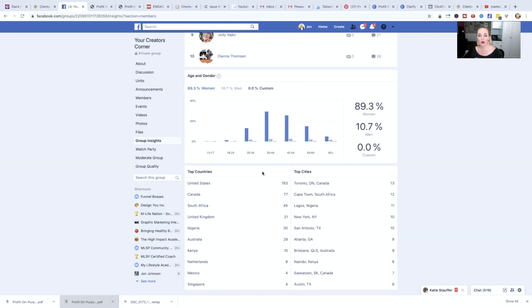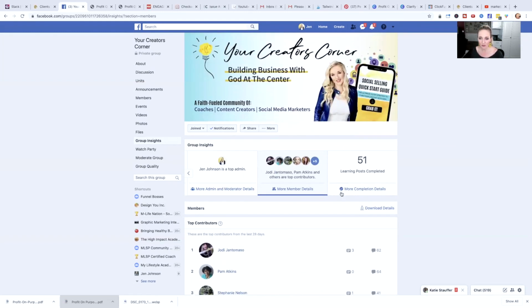And you can also create conversation around that as well. Like, hey, if you're in South Africa, tell us whereabouts and what do you love about living there? You can really target different people in your group to have conversation around where they are at in the world, which is cool too. And then